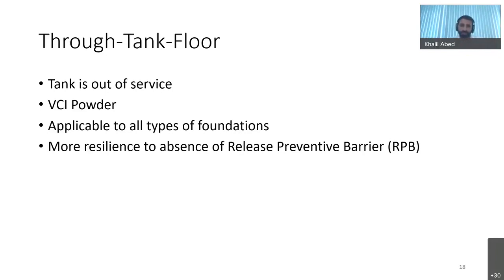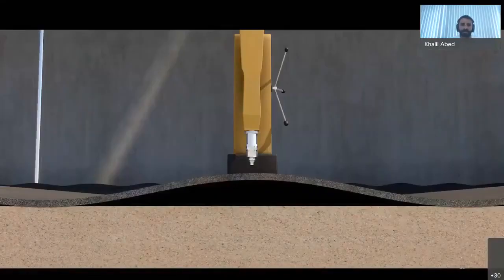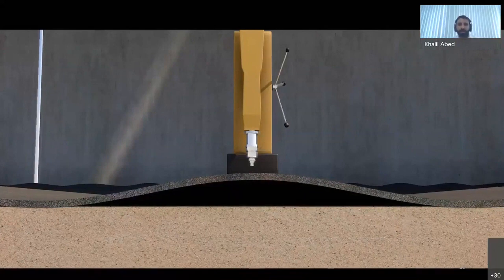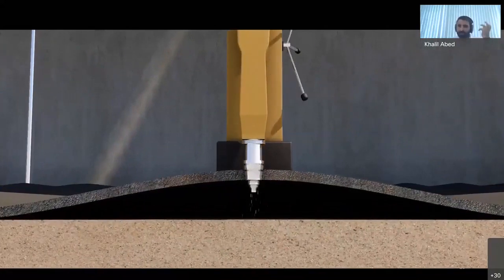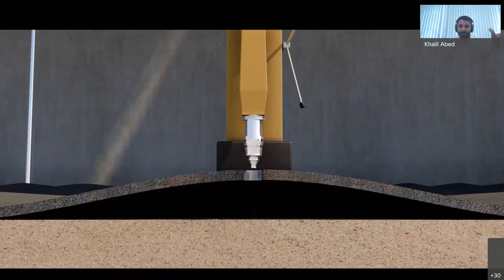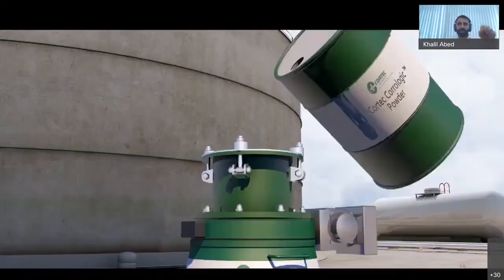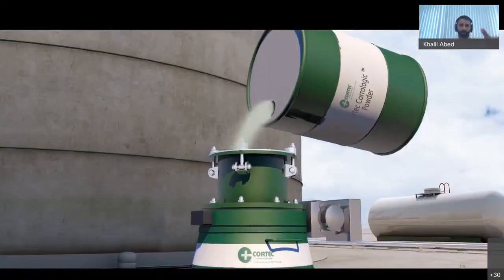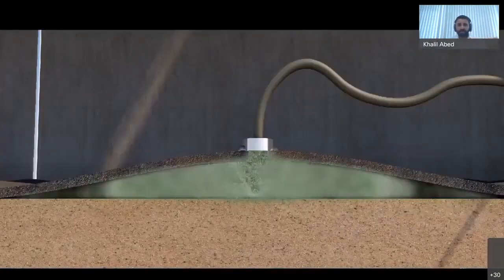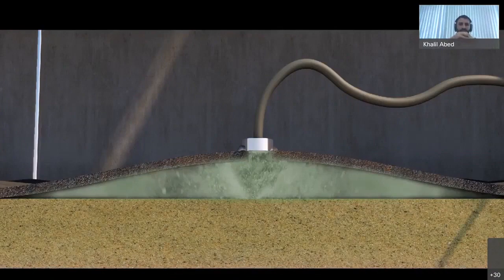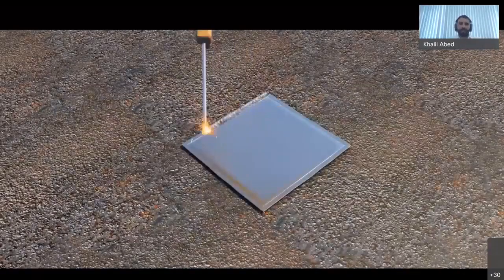That's the first application methodology, and this is an animation that shows how the powder is applied under the tank, where basically after the installation of the corrosion probes that we saw previously and establishing the corrosion rate baseline, we drill a number of holes into the tank floor, and then we add the powder into a pneumatic machine and fog the powder through the hole drilled into the tank floor, and then we patch weld